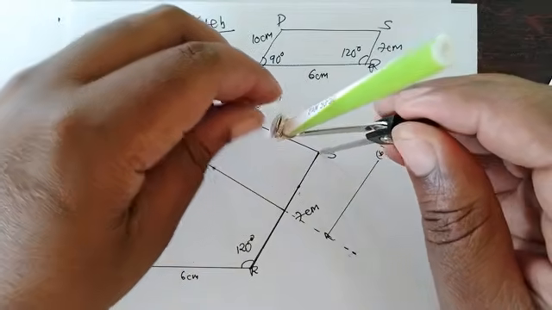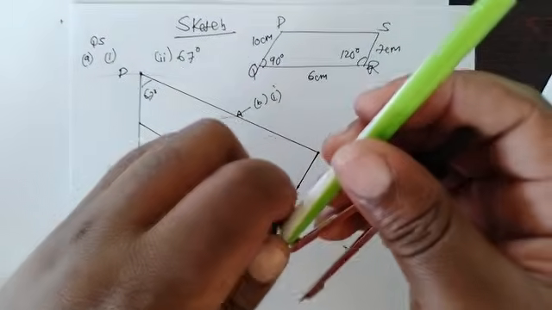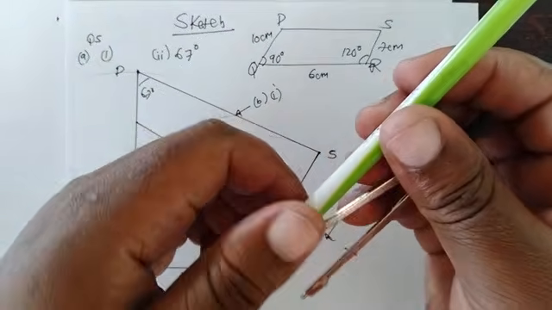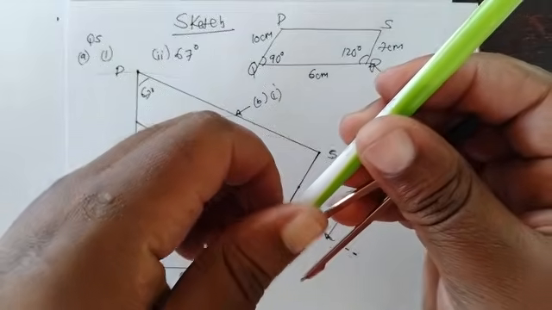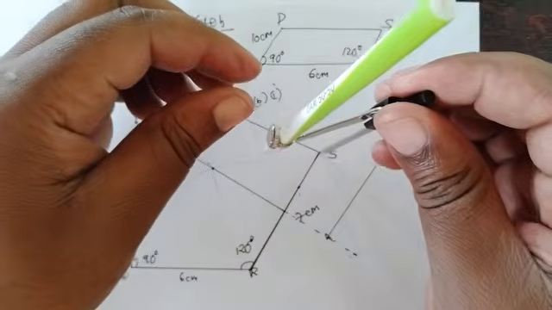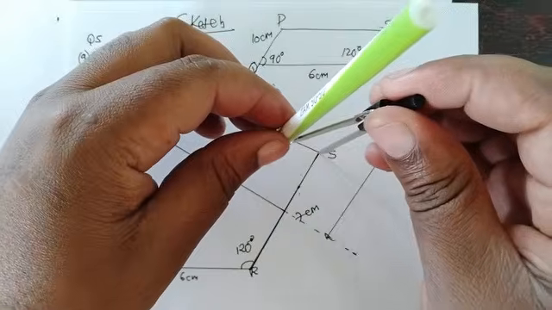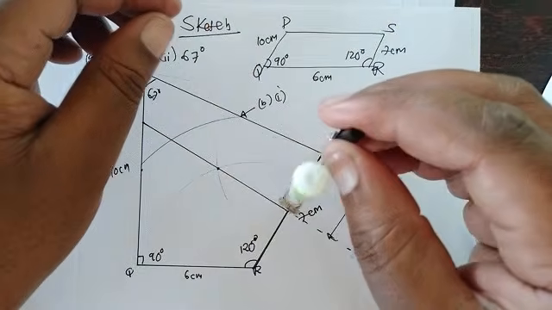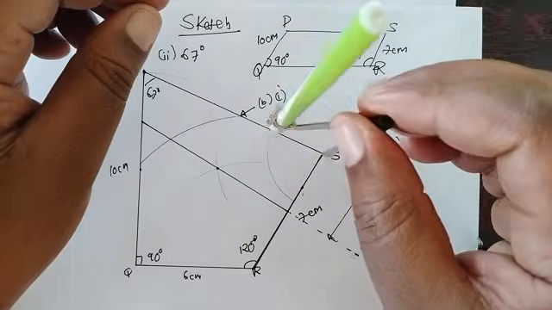Let me just reduce it a bit. So come here. So you create arcs here,